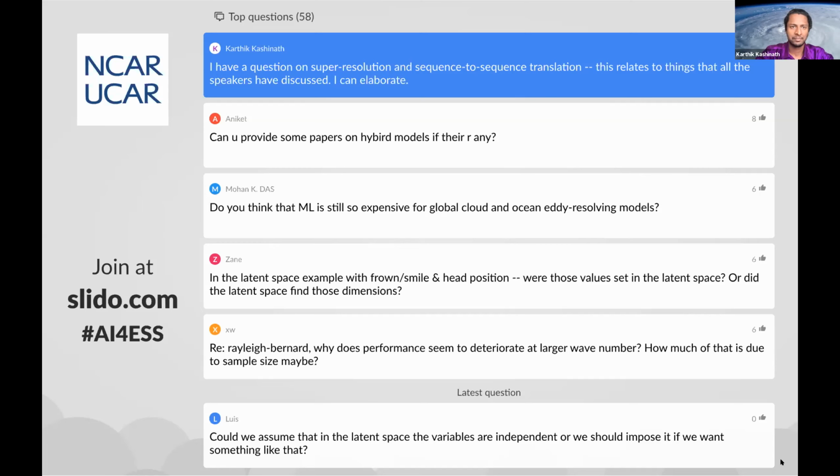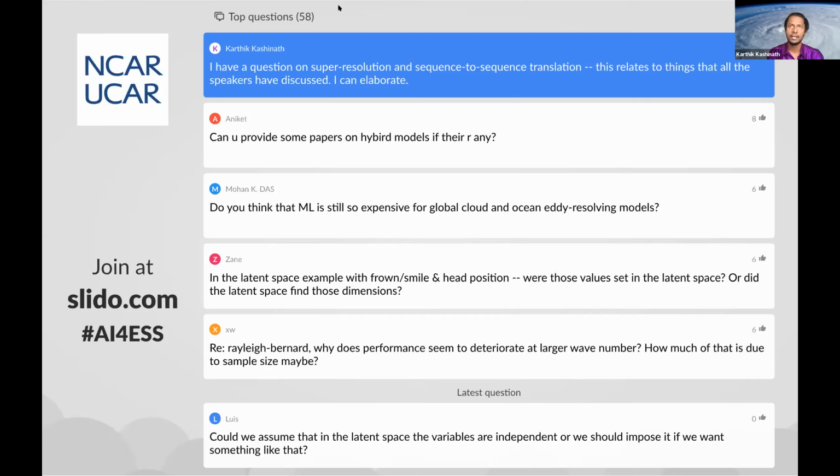Yeah, I had a question on super resolution and the ideas that you proposed, Claire, which was very interesting. Instead of struggling to find pairs between high resolution and low resolution, sort of doing the sequence to sequence translation. I know Mustafa has been thinking about this as well, and likely Pierre as well. So what are your thoughts on good ways to either create pairs for super resolution or sequences for super resolution?